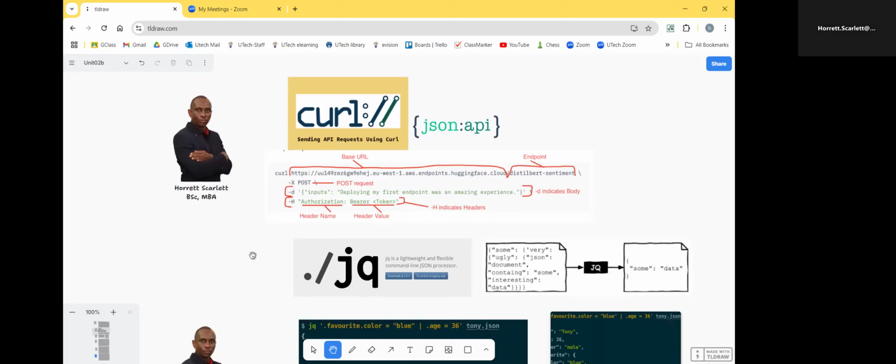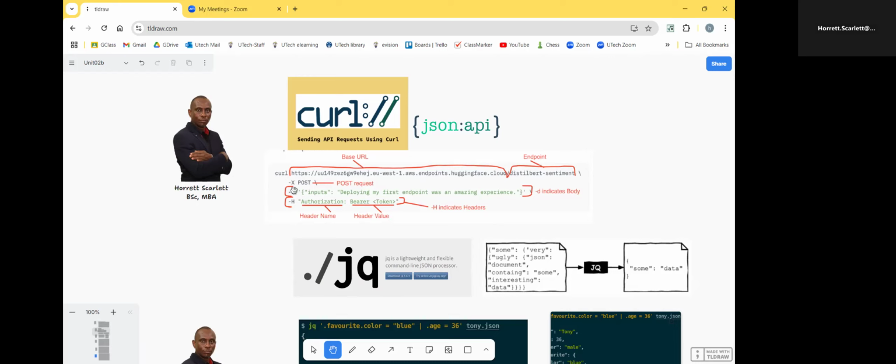So let's now move into the curl command and talk about it briefly. We just spoke about API. What curl does is it provides us with a command line interface that allows us to send these API requests. So we can communicate with a server, in other words, by making use of this curl tool. The syntax is pretty simple. We issue the curl command followed by some URL. And the URL is usually broken down into the base URL as well as the endpoint that we were talking about earlier.